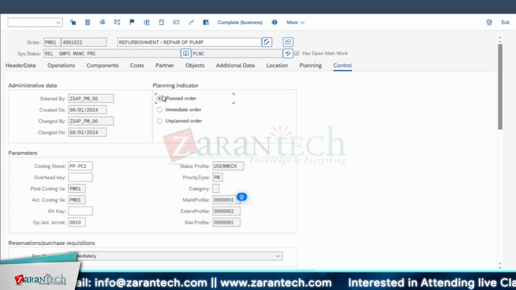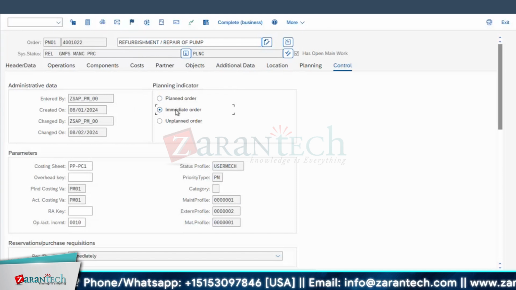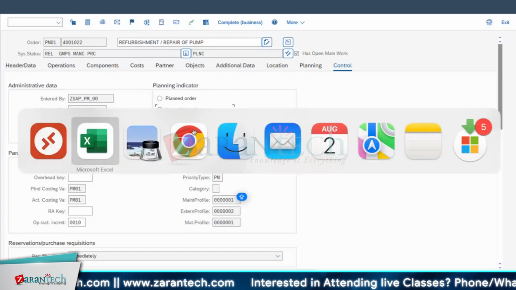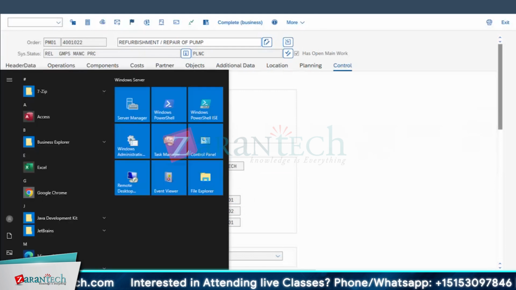Okay. For corrective also, sometimes we can plan it. Shutdown is also a planned order. Okay. Some corrective maintenance, sometimes it becomes an immediate order. You have to correct it. Okay. Something has happened like this. All these things are there. You can select, but we can have a default value. Okay. Then default value, where we can have